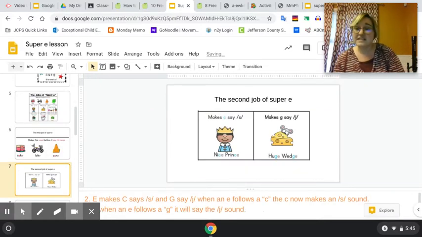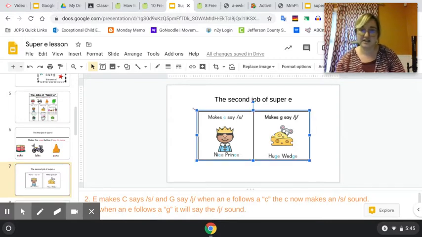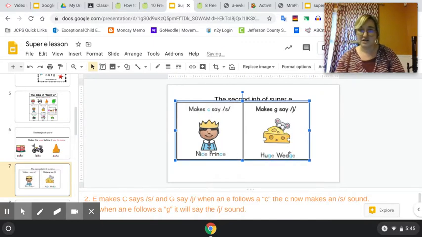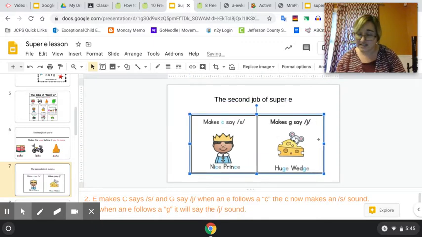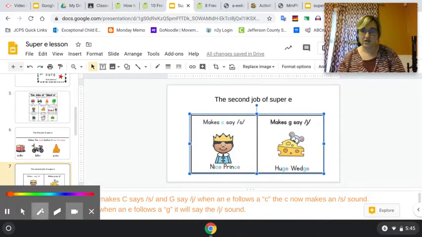Going to go to the next one. The second job of super E is to change the way the C and the G sound. So not only can it change vowels, it changes what a C says and what a G says. So if we have the C, like in N-I-C-E, it's not going to say k. It's going to say s, like in nice, prince. So if we have ice,